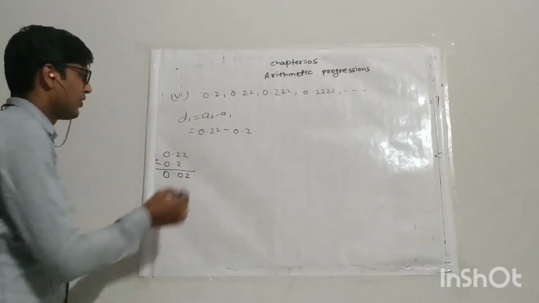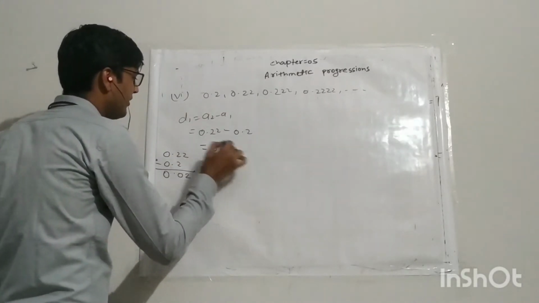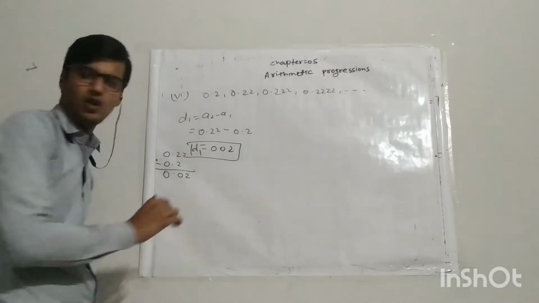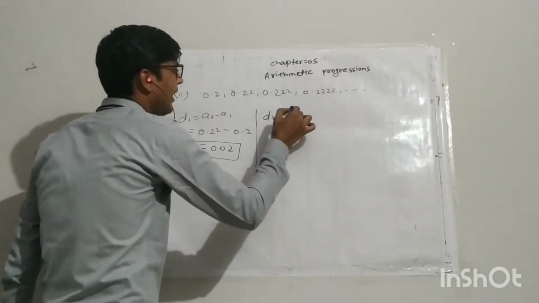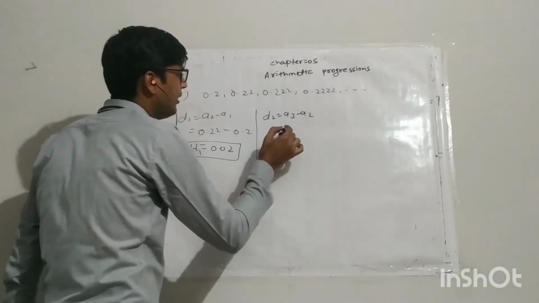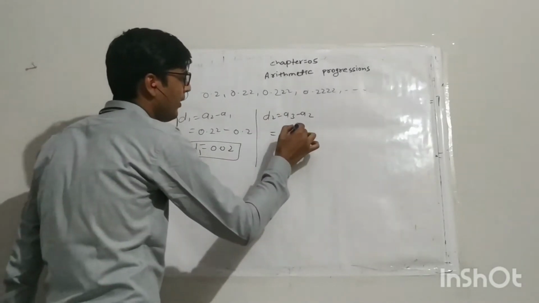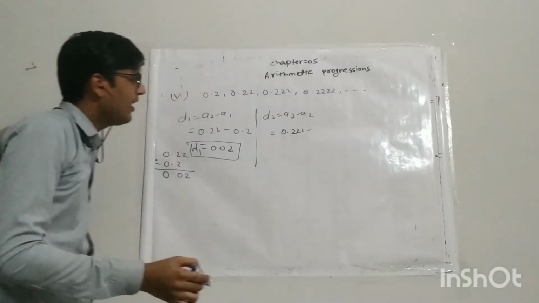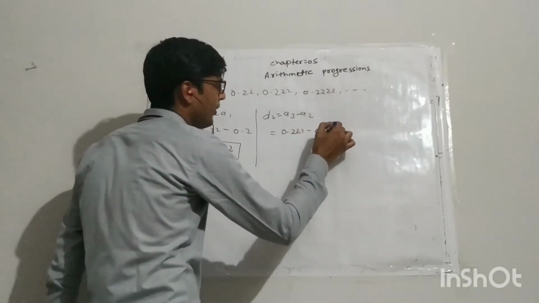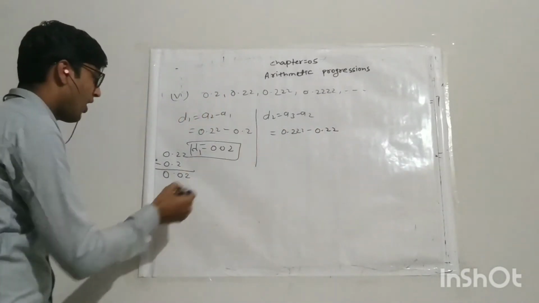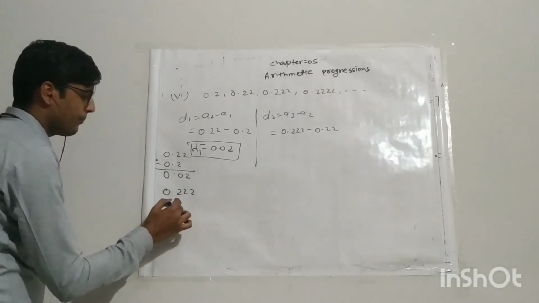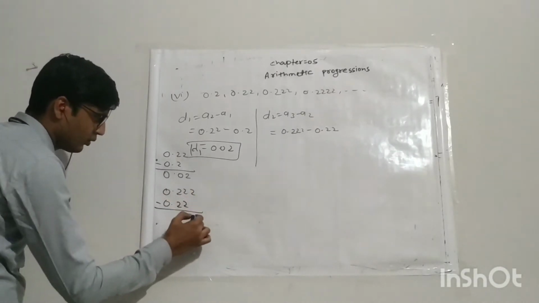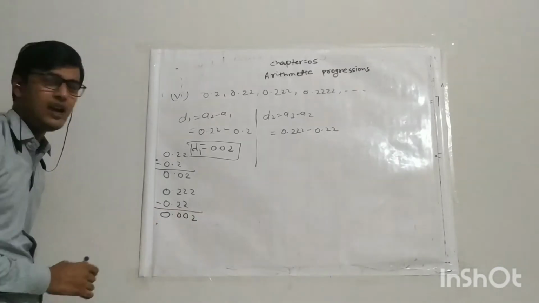0.02. So simply this value is 0.02. So D1 is 0.02. Now we find D2. So D2 is what? A3 minus A2. The value of A3 is 0.222 minus the value of A2, which is 0.22. So again, how do we simplify this? 0.222 minus 0.22 is